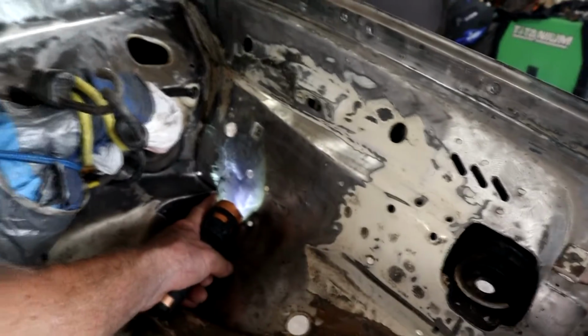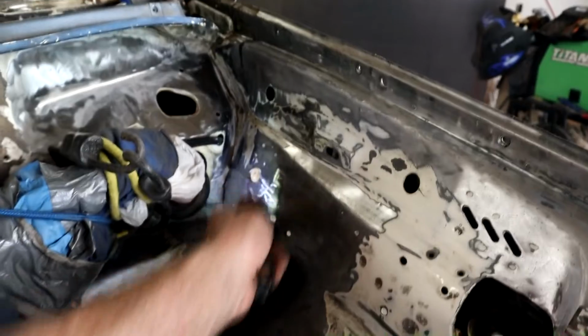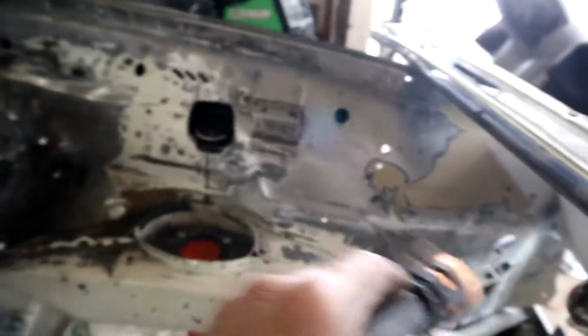Kind of a tricky little patch here. We've got good penetration through. This gets seam sealed all along this channel, all along there. This is going to get all cleaned out thoroughly and seam sealed after the epoxy. So all I've got to do now is scuff sand all this area,